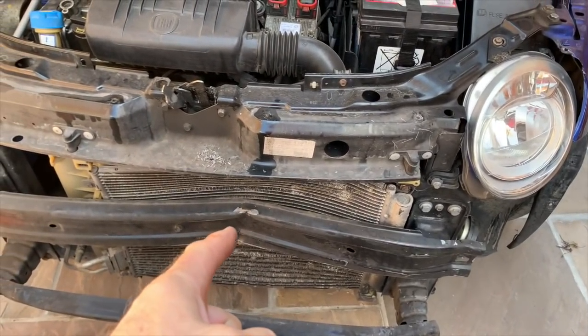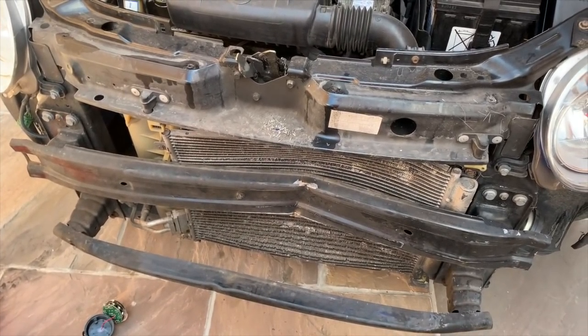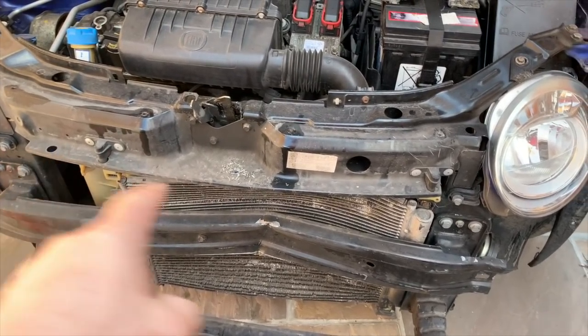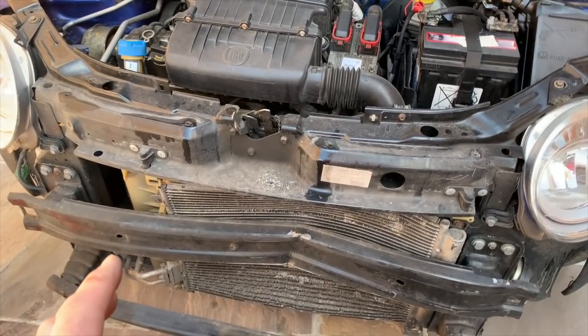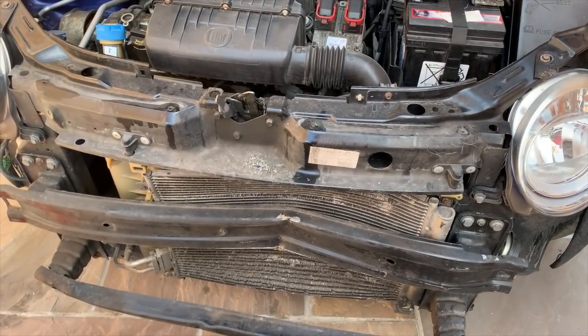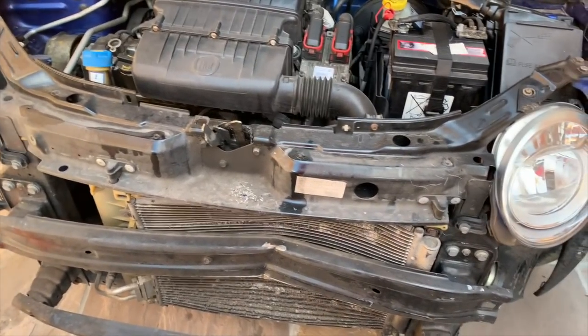So lucky it was a pretty light hit there that's taken out that bar. So we will get that bar off and put a new one on. And what I'll do is when I do that, I'll take that condenser off. I'm going to test it in now and see whether the air conditioning is cold. And if it is, then we'll try and straighten that up and put it back, which is what we've done